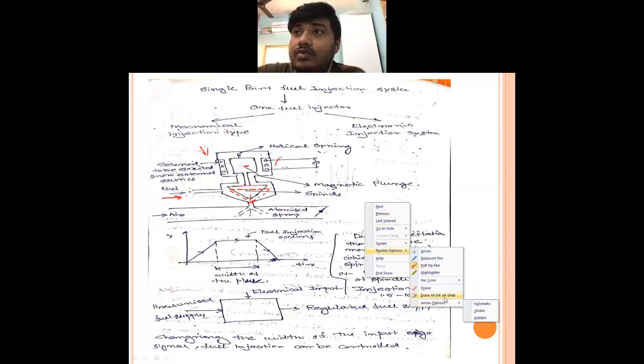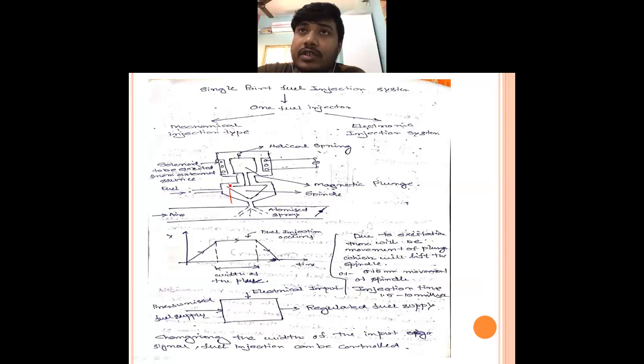As the magnetic plunger goes in the upward direction, the spindle will lift the clogged portion, and it will make a passage for the flow of the fuel. As the plunger goes in the upward direction,